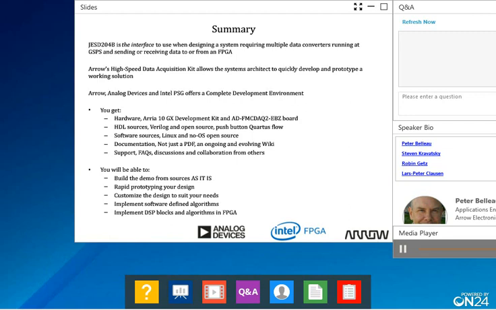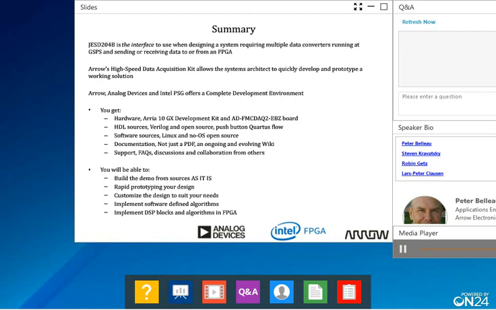Software sources is Linux and no-OS open source. Documentation, it's not just a PDF, but there's an ongoing and evolving wiki. Actually, several wikis. There's support, there's FAQs, there's discussions, and collaboration from others, chiefly through the Analog Devices EngineerZone forum.